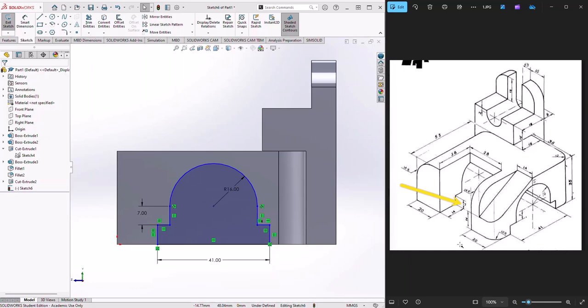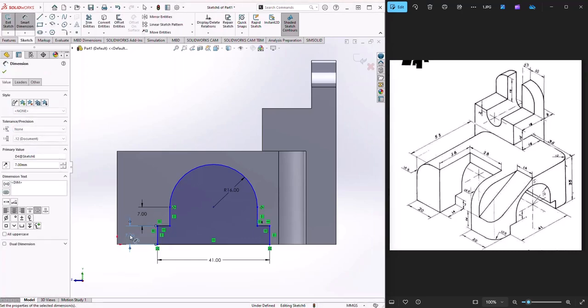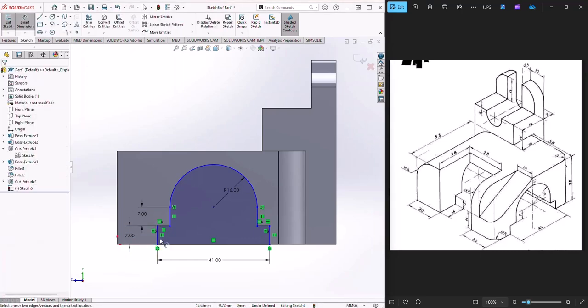Look here, you see this 7 millimeters. Look where the extension lines are going. This is from the bottom up to the end of that vertical line. So we'll go here and add another 7 millimeters. So this will define the height, and finally we need to know this distance to stop it from moving,